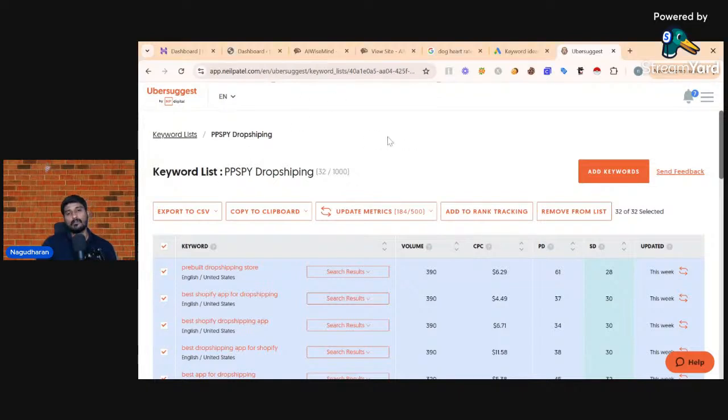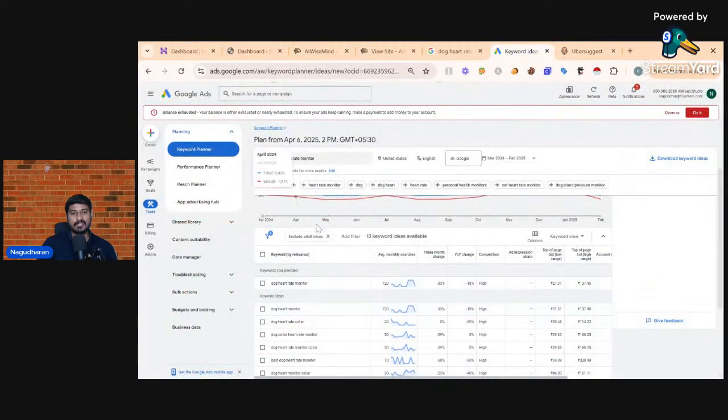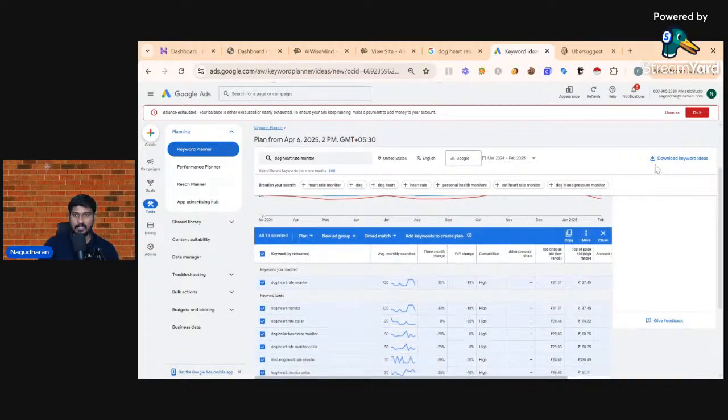So to do the keyword research, the first thing is we get a list of keywords from Google Keyword Planner by typing a seed keyword. That seed keyword we need to provide manually in Google Keyword Planner. To select the seed keywords, we need to think in our target audience's mindset, find a few seed keywords, and put all of them in Google Keyword Planner. Then Google Keyword Planner will give a list of variations of the keyword with the volumes. Just select them and download the keyword ideas as a CSV file. It will get downloaded